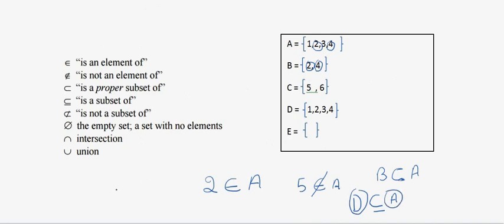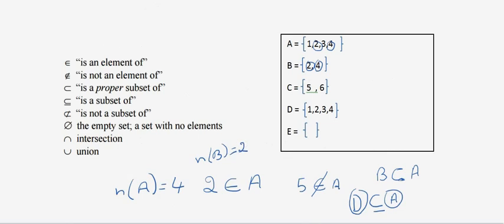The notation for the number of elements is just n. If I say n of A, it is the number of elements in a particular set, which is 1, 2, 3, 4. There are 4 elements here, so the number of elements is 4. Similarly, the number of elements in B: there are 2 elements, 2 and 4, so the number of elements in set B is 2.